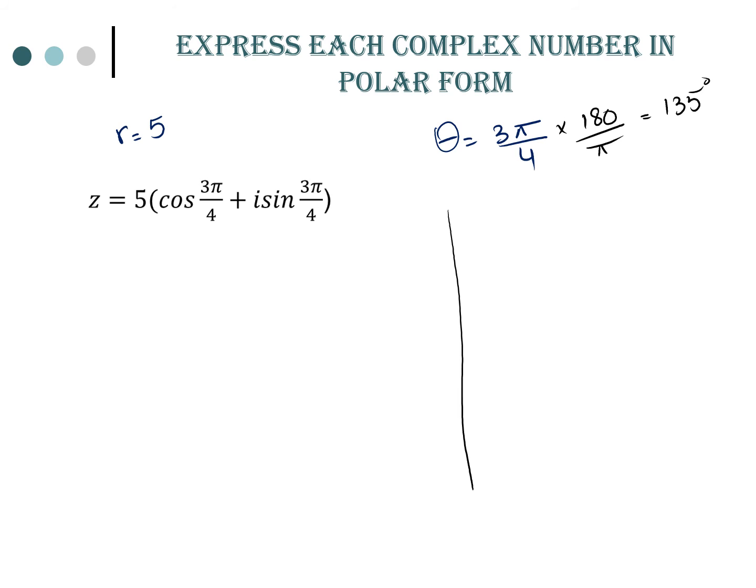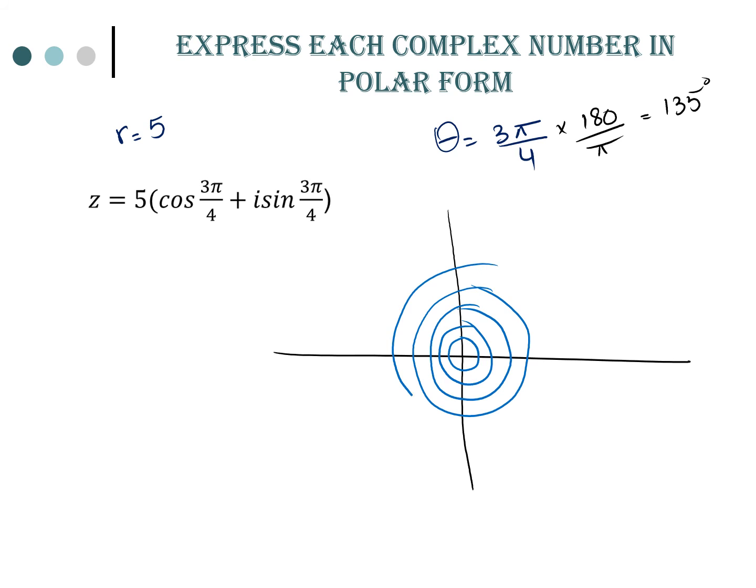Now just sketch the graph. For sketching the graph, how many circles do you need to draw? You need to draw 5 circles. So 3, 4 and 5. Now it is 135 degrees, which is between 90 and 180 degrees. So over here, we have to draw it on the 5th circle and just join it with the origin. So this is the way we make it.